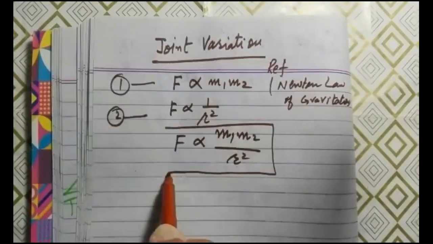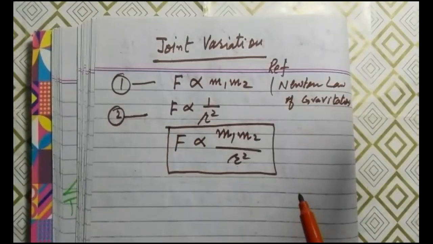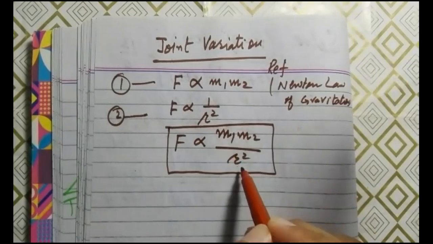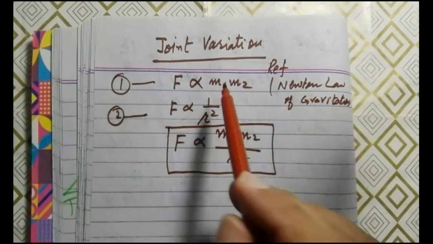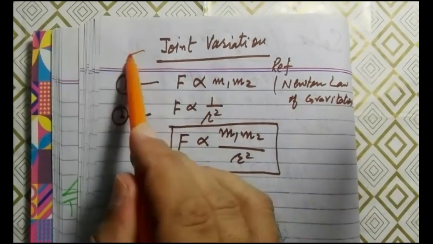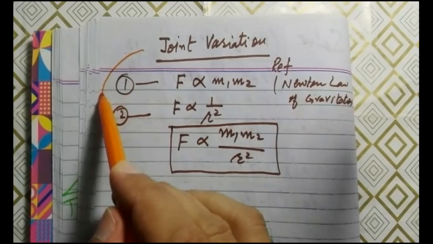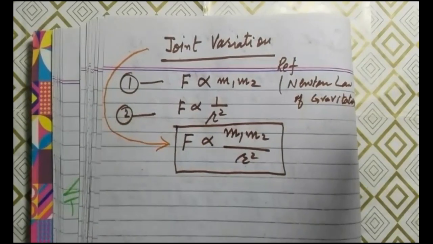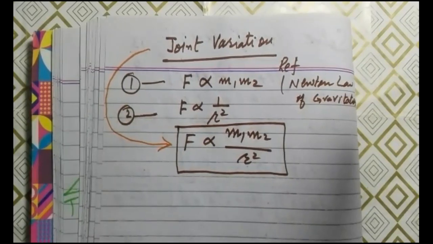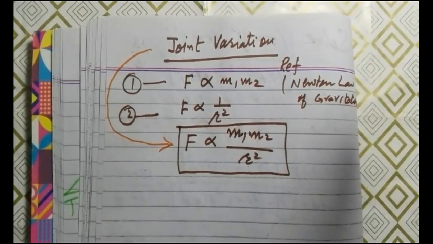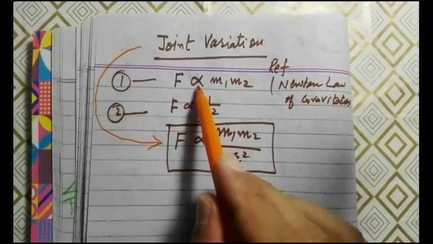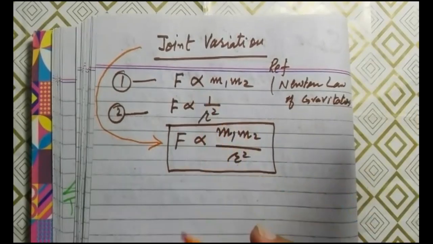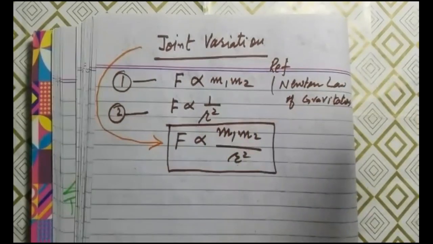So this is one relation and this is the second relation, and we have collected them in this third relationship. F is directly proportional to m1 m2, and inversely proportional to r square. So this meaning is called the joint variation. This relationship is explaining two things together: this is explaining direct variation and this is also explaining the inverse variation. I also want to tell you, because there is no equality sign there, you are placing the sign of proportionality there. So these are called relations.